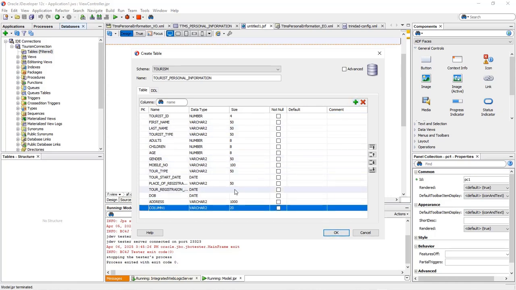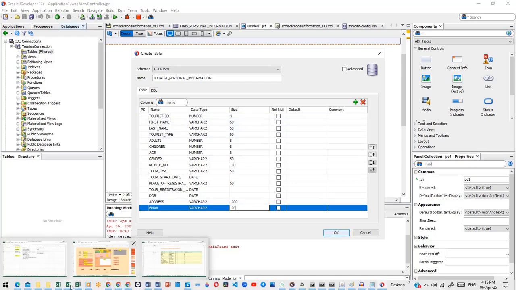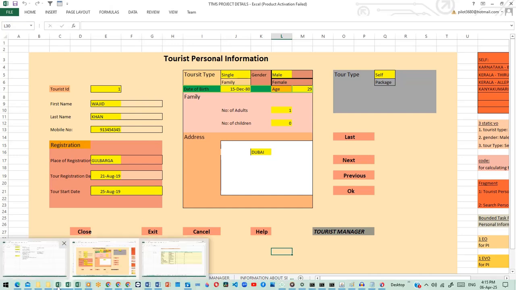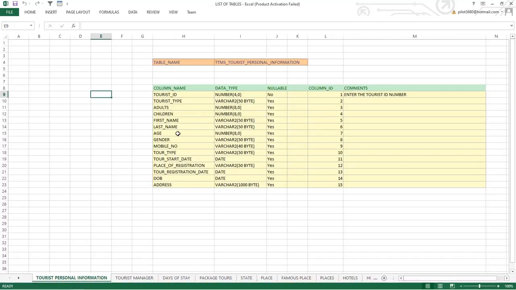Next, email of the particular tourist ID, it is of type varchar2 and consider it as 100. So these are the number of columns. It is easy to design first like this, then you can create it in Excel, how many fields you require,